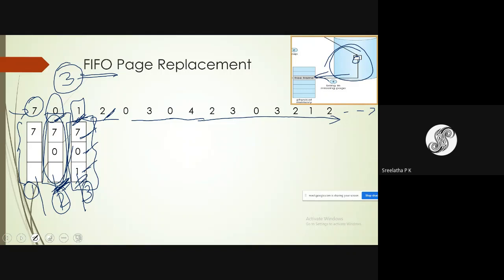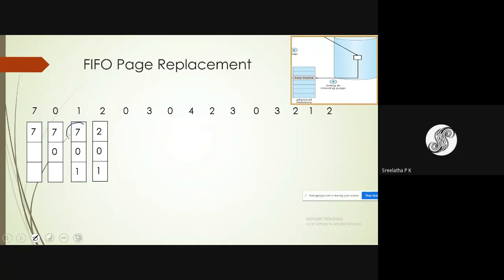Page number 7 has come first to the primary memory. So that will be selected as victim page, and it is moved out if the modify bit is set to 1. However, it is moved out and the new page is brought to the memory. So page number 7 is swapped out and page number 2 is brought to the memory.